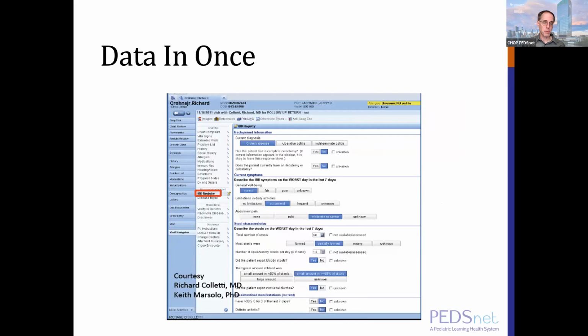So what does that look like practically? When you're collecting data, one of the things that you want to think about is whether there is a way to collect your data in a way that aligns well with clinical processes. So what I'm showing you here is a form that was deployed in the electronic health record by a large multi-institution collaborative for the care of children with inflammatory bowel disease called Improve Care Now, which collects data about patients